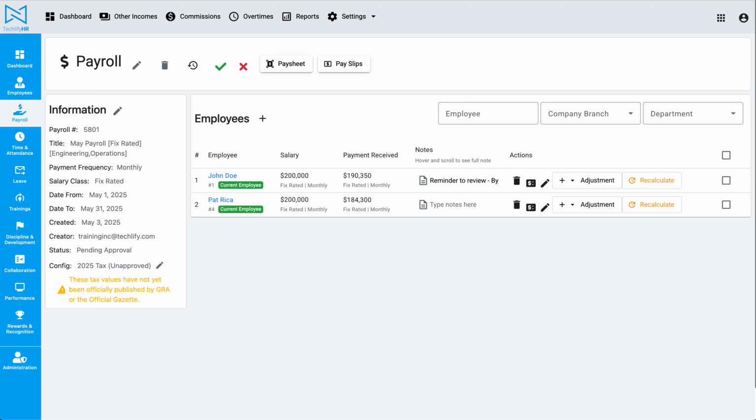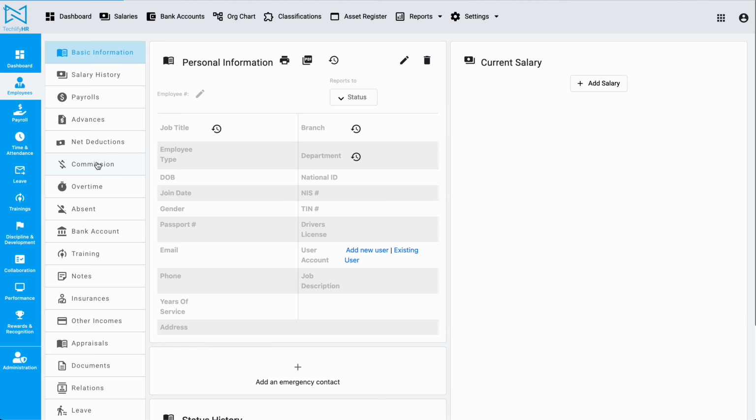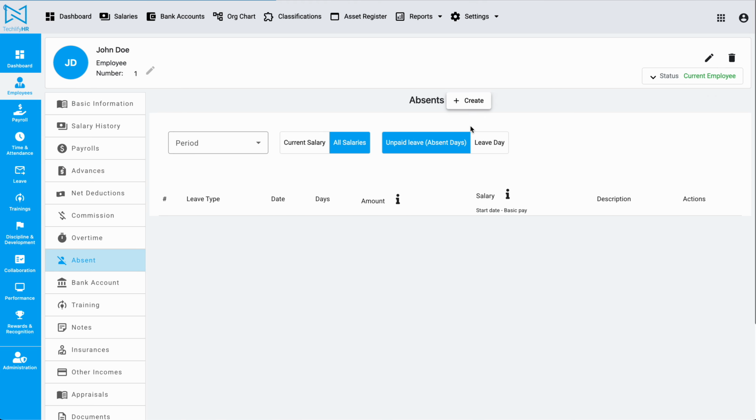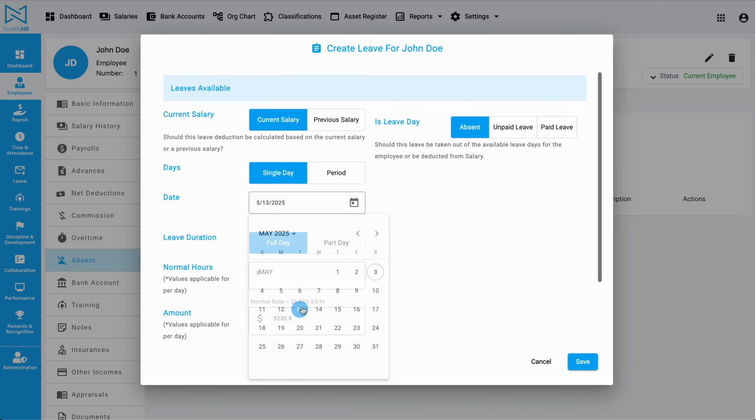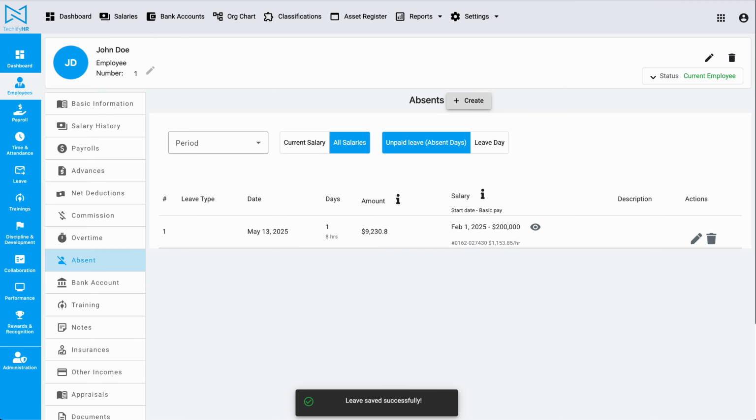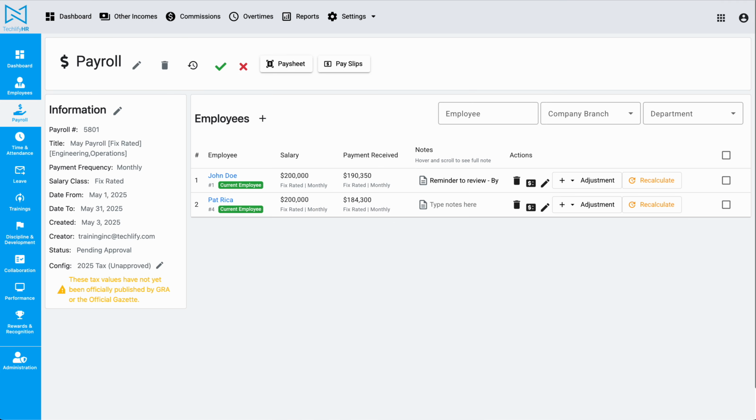So if I open John's profile, I'll open this in a new tab. There's an absent section. I can say, hey, add an absent. And on the 13th of May, John was absent. I hit save. If I go back to payroll, refresh this page,